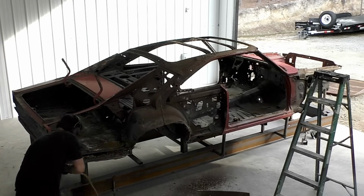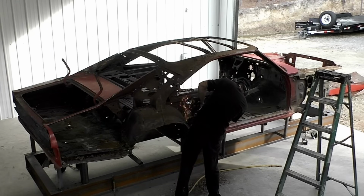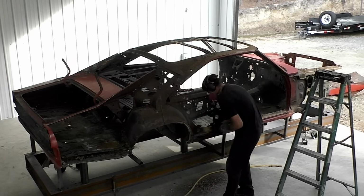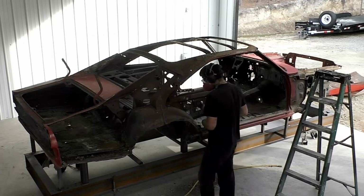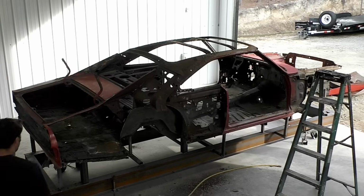The first step, like I said, is to get the external sheet metal off. So you saw we got the roof skin off the car. I just perimeter cut it. You could see most of the time I'm using a cutoff wheel. The reason being on the roof skin, and you'll see later in the video when we do the walk around,